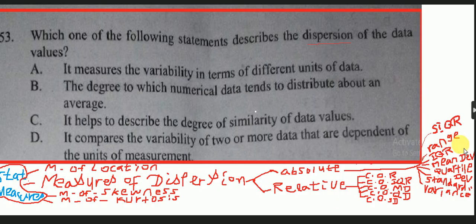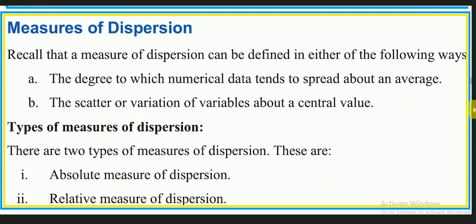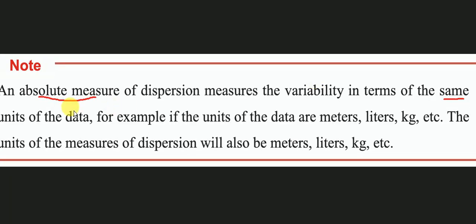And what is their difference? Let us see. Types of measures of dispersion: absolute measures of dispersion, relative measures of dispersion. Okay, what is our difference? An absolute measure of dispersion measures the variability in terms of the same units of data. The same unit